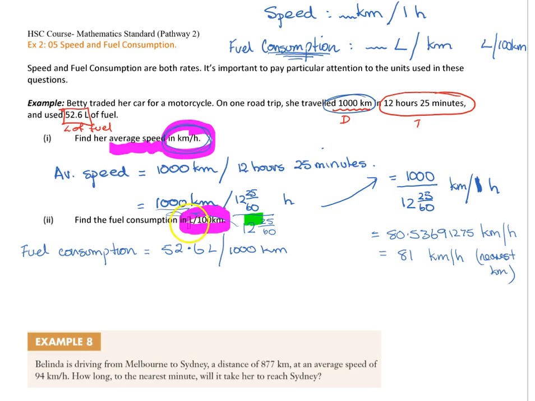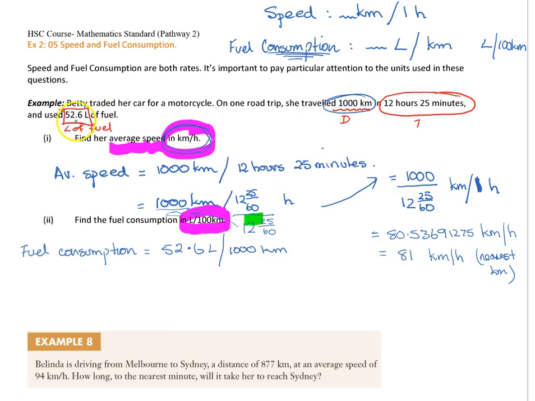I need so many litres and a distance, litres and distance for fuel consumption. And I get that information from the question. Where was I told something about the number of litres? That was here. And you can see I've got 52.6 litres per. But in the original data, the number of kilometres that was